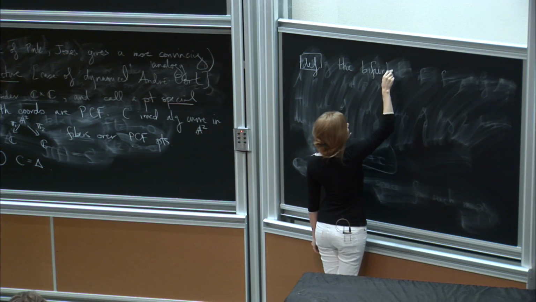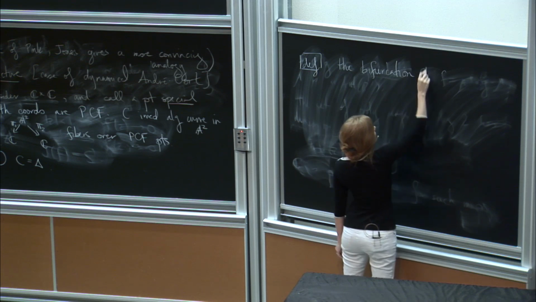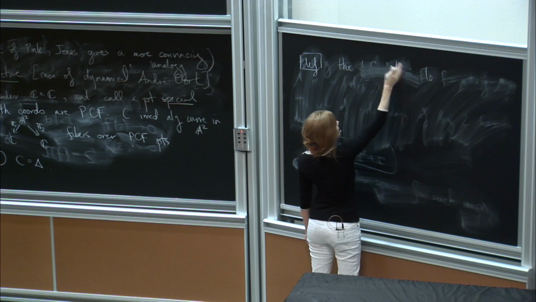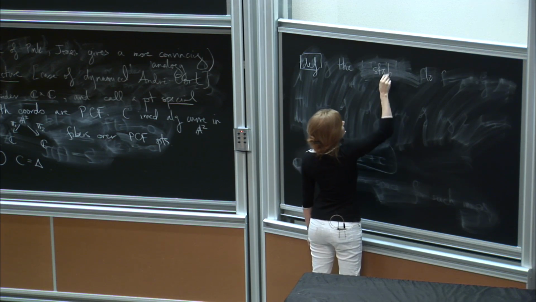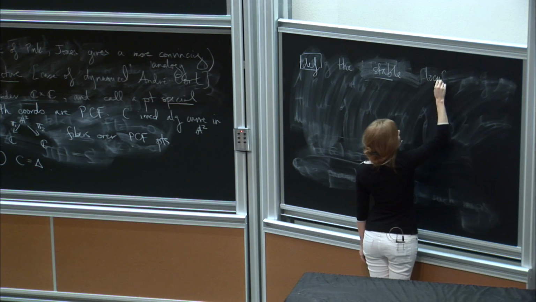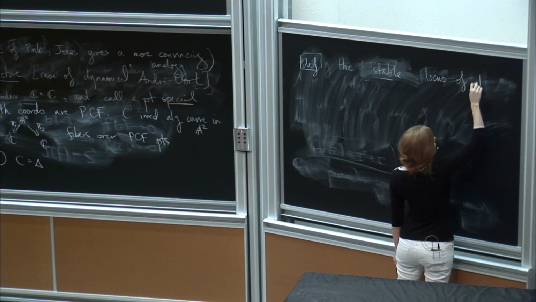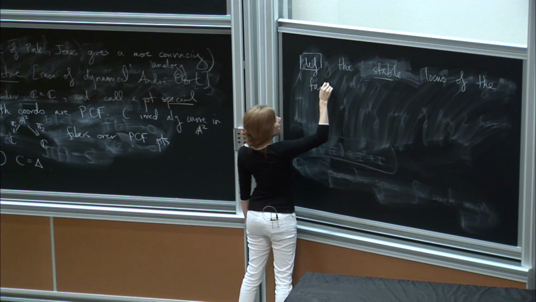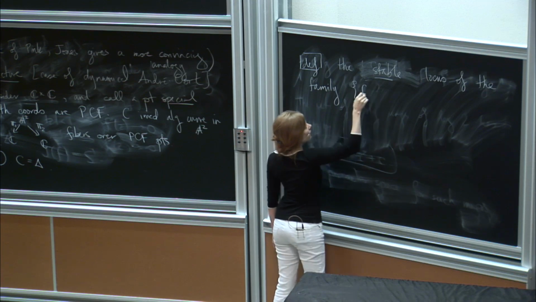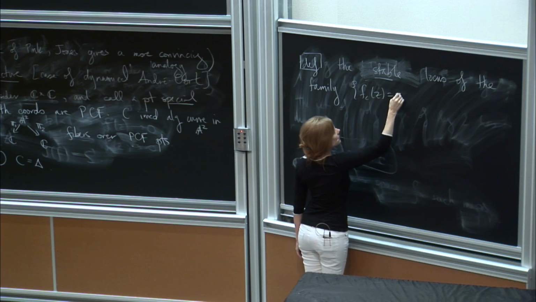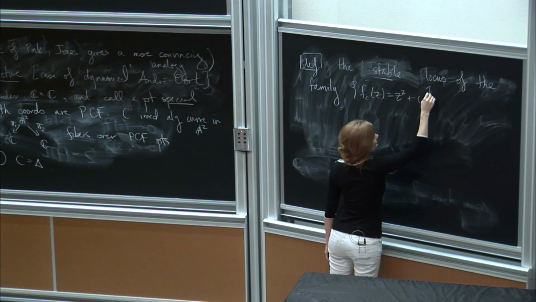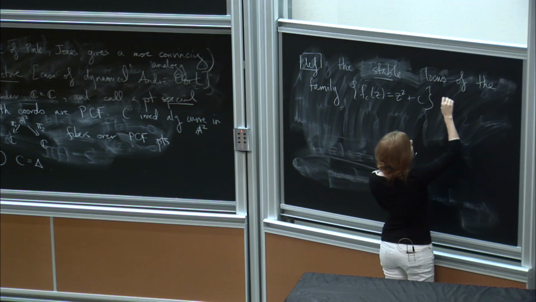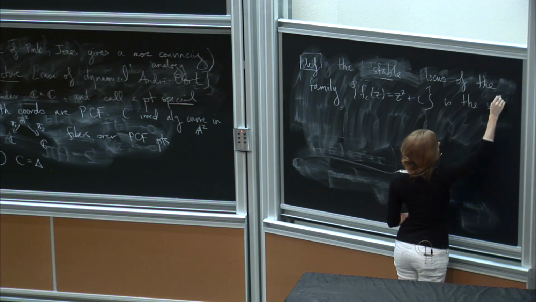Define the bifurcation locus. First let's define the stable locus of the family of maps f_c of z is z squared plus c, is the set of parameters c